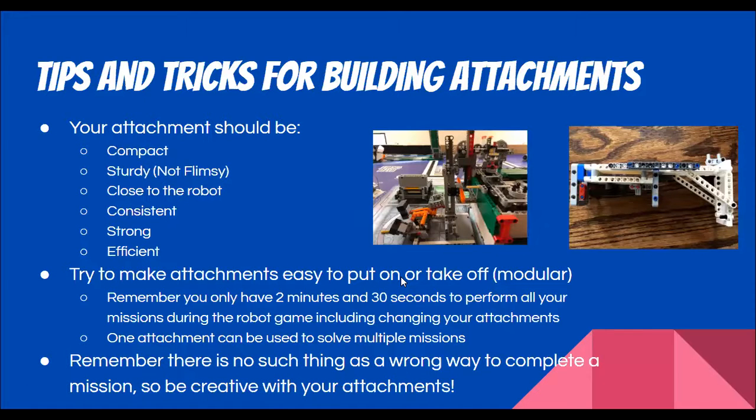Tips and tricks for building attachments. Your attachment should be compact, sturdy, close to the robot, consistent, strong, and efficient. Try to make your attachments easy to put on and take off. Remember, you only have 2 minutes and 30 seconds to perform all your missions during the robot game, including changing your attachment,